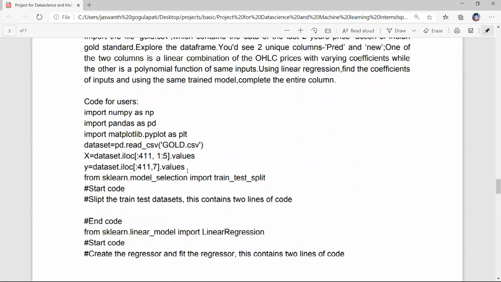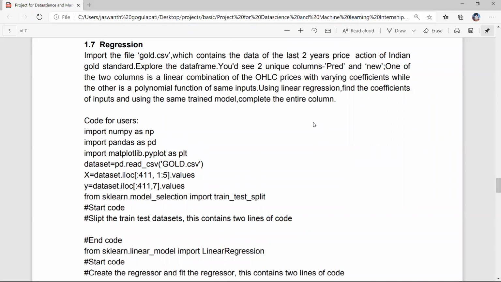Means as we see, the gold price depends on previous prices, right? Open price, high price, low price, close price of previous days. Based on previous prices, today's price of gold will be predicted. So that open, high, low, close will not depend on any other variable. They are independent. So we'll divide the data set into independent and dependent variables. Always in a supervised learning algorithm, there should be at least one dependent variable that we are going to predict. In this data set, we divided the predicted variable, the dependent variable, and the independent variables.